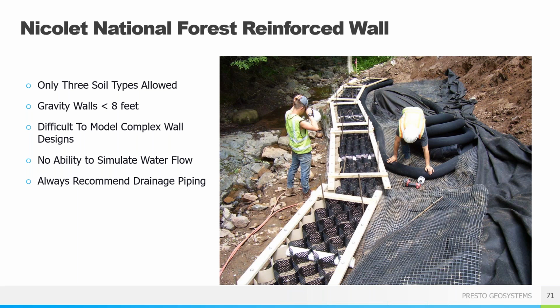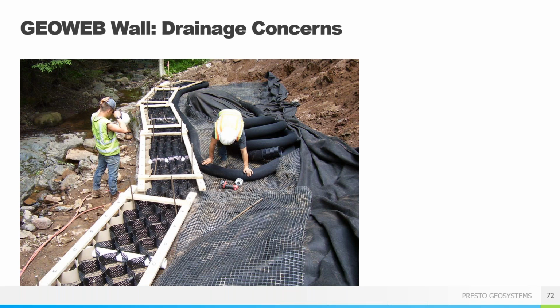Another thing is water. This program does not look at water. So water is and always will be the biggest thing for any type of gravity or reinforced wall or reinforced slope. It is a leading cause of all the failures. I would say almost every failure that I'm aware of is caused by poor pressure buildup and bad issues with walls. By nature, GeoWeb allows for movement through the wall because our perforations and our solid face are going to allow a lot of water to flow freely.